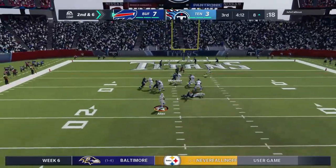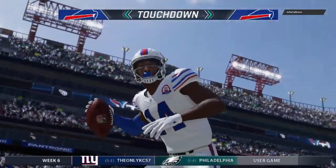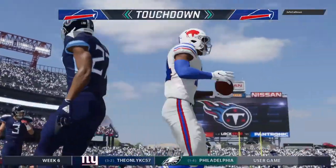Now this time he'll look to throw. He'll find Diggs once more on the completion. And he is into the end zone for a Buffalo